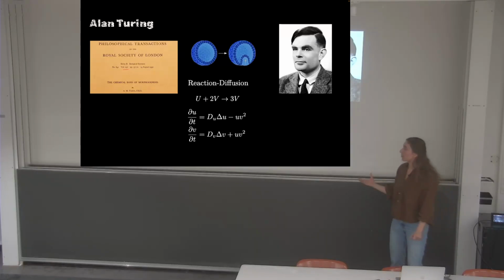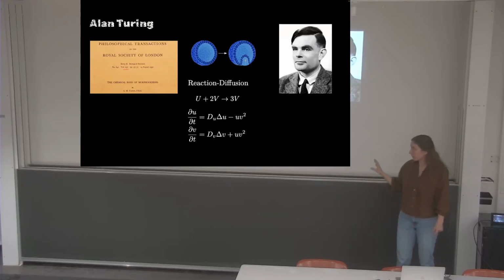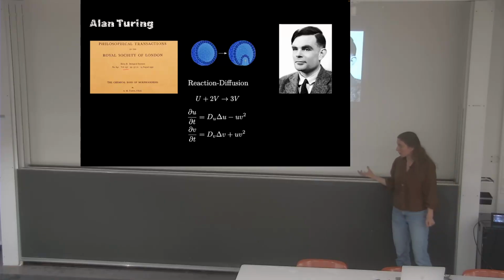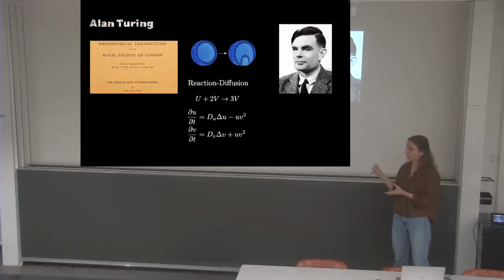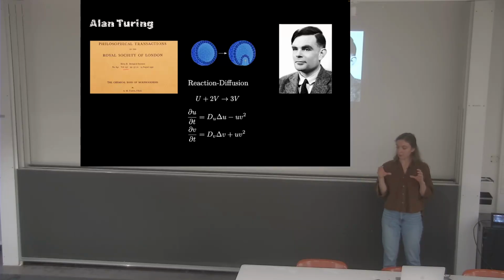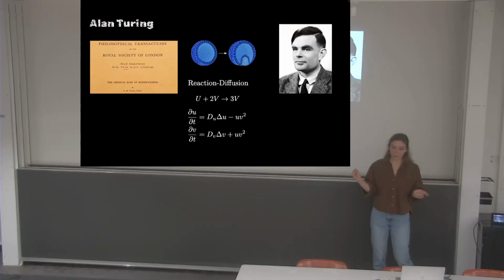So just to quickly explain it, actually this kind of reactions is not what he considered. In his original paper, he considered linear ones, which were much more amenable to a rigorous analysis. These ones will be called the Gray-Scott equations, and they still miss some terms, so this is solely for illustratory purposes. But let's imagine the following simple scenario. Let's imagine there are two cells, and within each cell there are two chemicals. We can call them U and V, and they're specified by their concentration in cell 1 and in cell 2. This can be written by small u and small v. So this could be for cell 1, for instance.